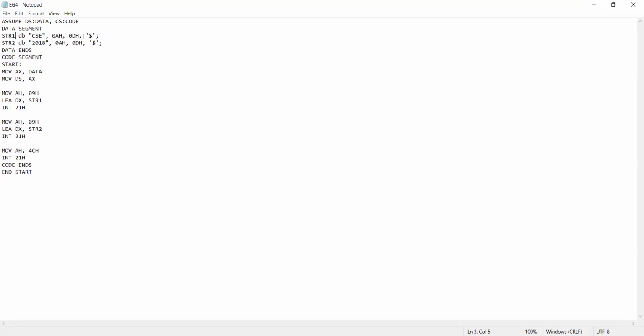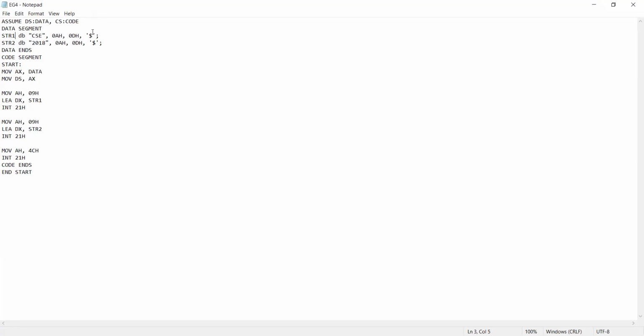That means the cursor comes to the beginning of that line and the next line. That is the purpose of those two codes, 0AH comma 0DH. Dollar is used to identify the end of the string. Usually in C, we use \0 at the end of the string.